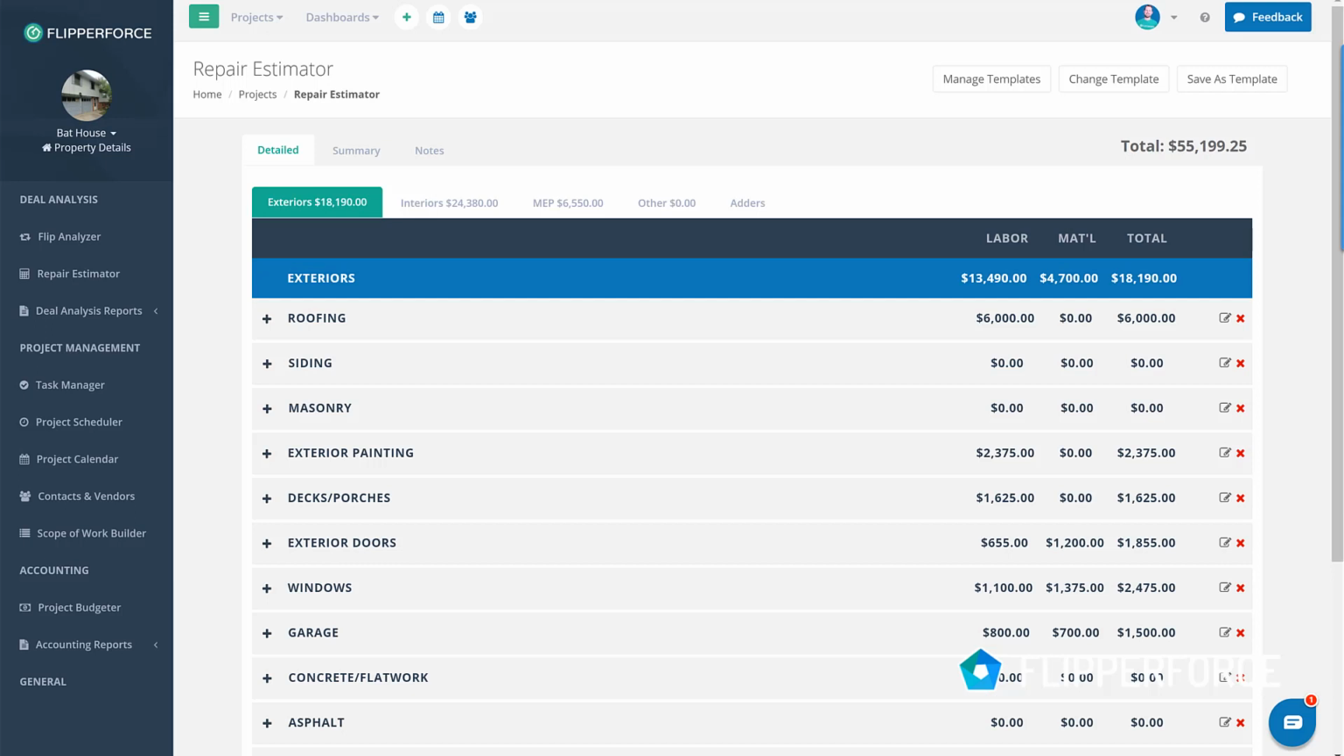Hey, it's Dave with FlipperForce, and this is a quick tutorial on customizing and saving estimate templates in your account. Our Repair Estimator tool allows you to customize your repair cost database and save templates that you can use for